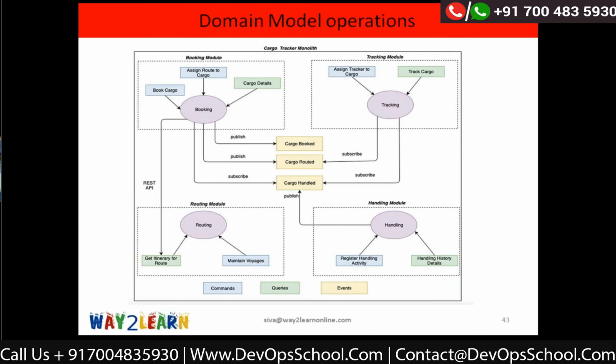See this diagram, you will understand the domain model operations. On my booking module, you can see this one first: book a cargo. What does this operation do? It has to create a new cargo object, right? It is modifying the state. So book cargo is a command. Whatever is in this color is a command. Assign a route to cargo. Once a cargo is created, we have to assign a route to it. This is a request, so whenever assign route to cargo is done, it has to modify the cargo and assign the route. So whenever assign route to cargo is called,